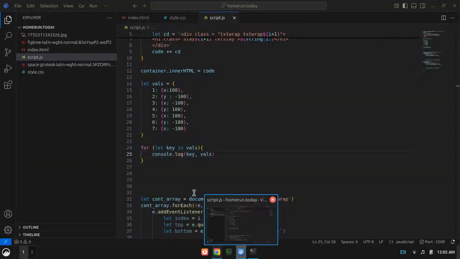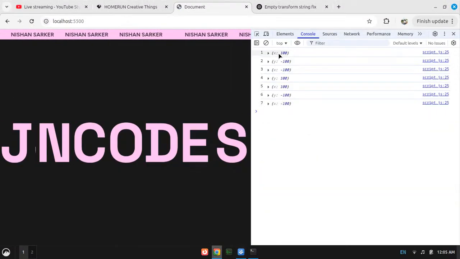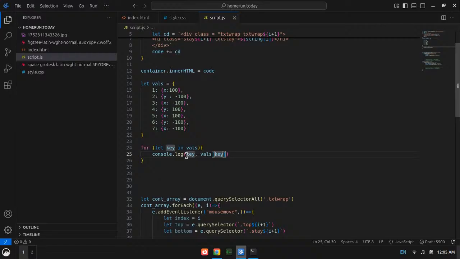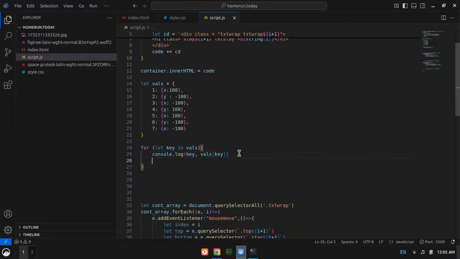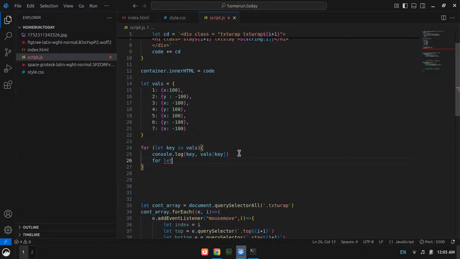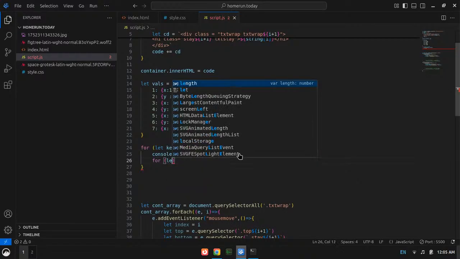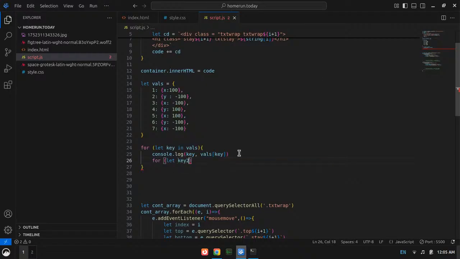Key comma, I need vals with index of key, right? Okay, now I actually need for let key2 in vals key, right?